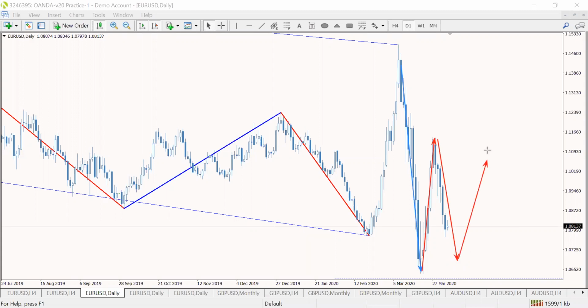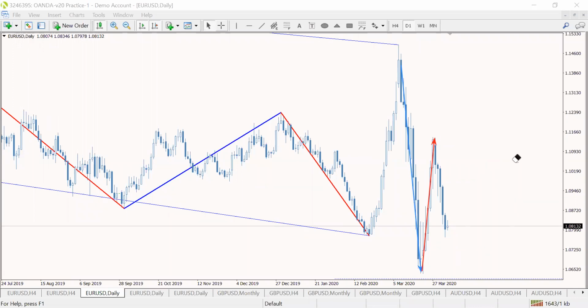Then we get another move up, and then we get this move. That's another scenario. But first, we need to deal with that first scenario because that's the data that is already